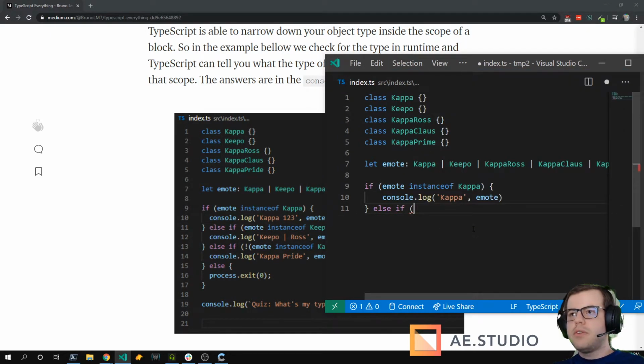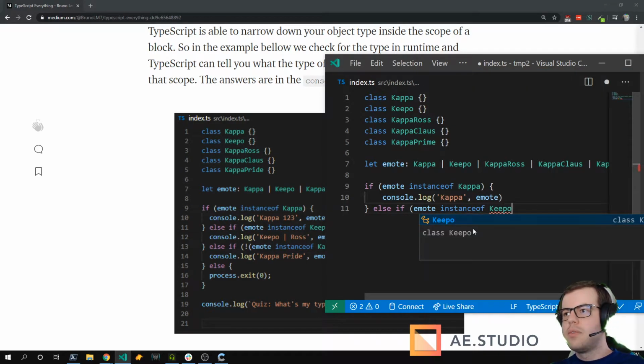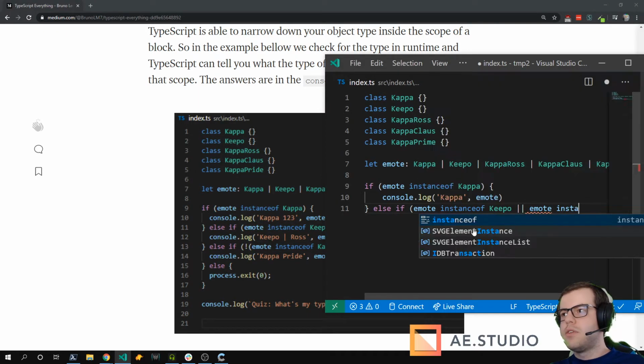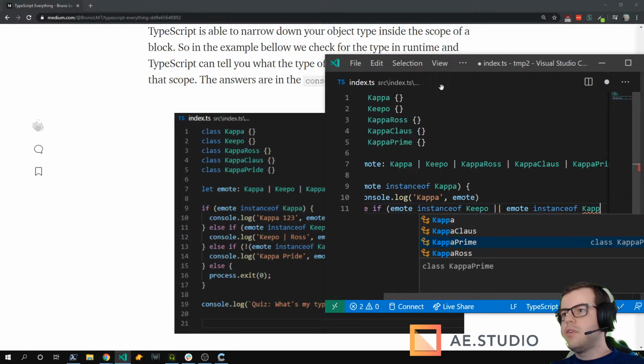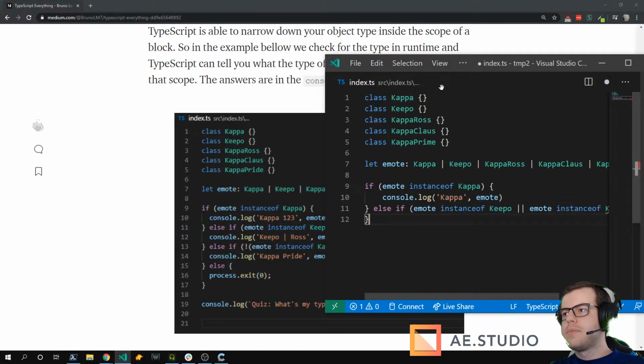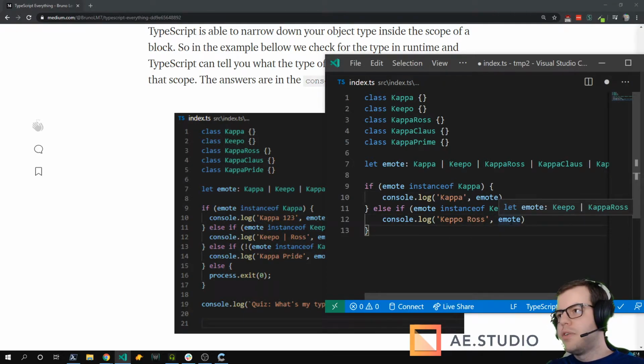If I do else if emote instance of kipo or emote instance of kappa ross, and I put my mouse over it, it can be either the type kipo or kappa ross.